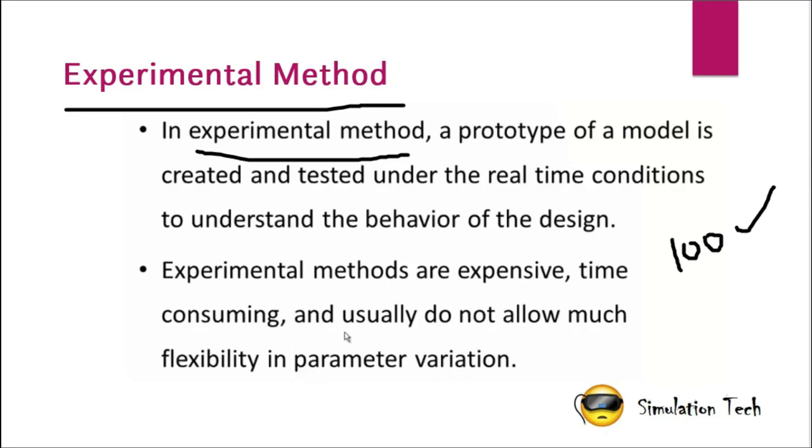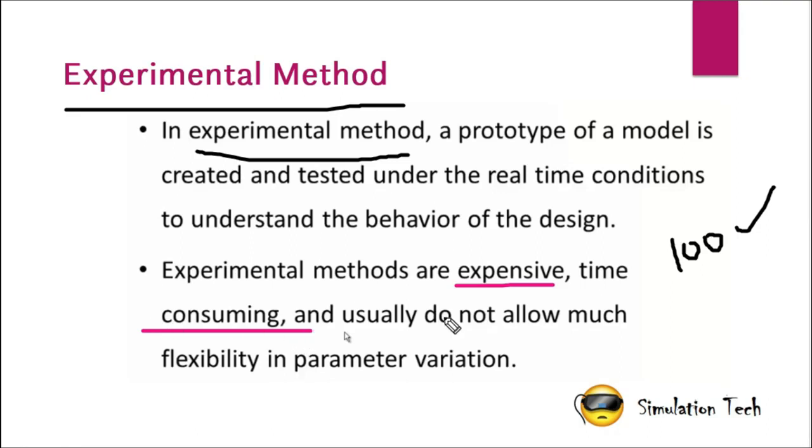So basically, the experimental method is an expensive one and also a time consuming one. We already know that. If you want to analyze a composite, that takes a lot of effort. First we need to manufacture or create that particular component, test that component, and find the results. If you want to change the composition of that component, again we need to manufacture another component. After that, we need to test it entirely to find the result, right?